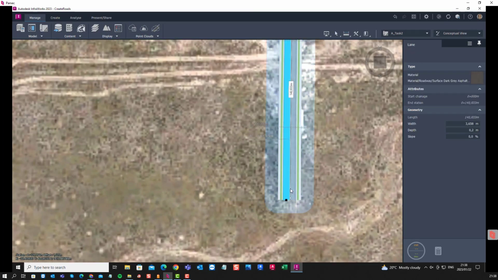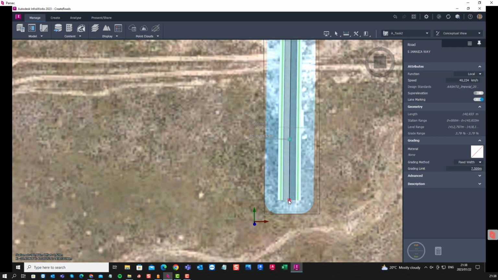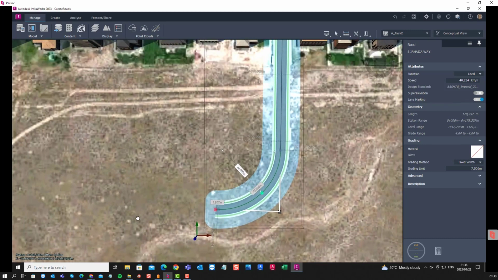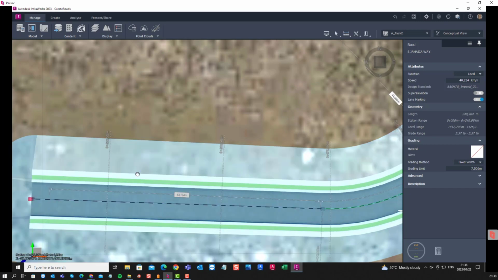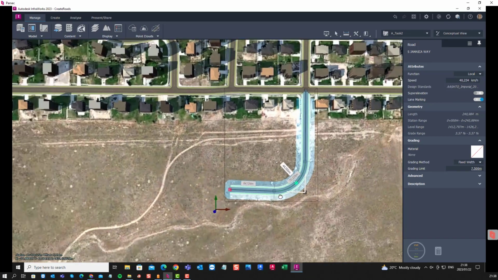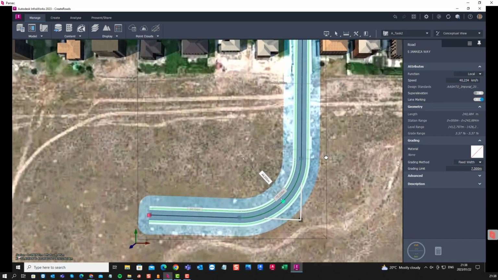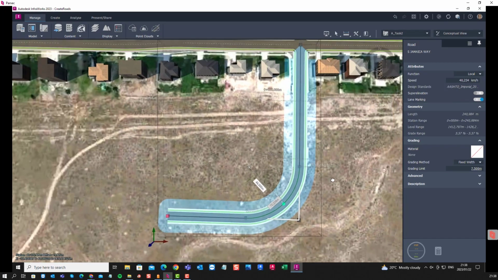If you now take the end control, you can start bending, and there you can see it's using that 44-meter radius to start curving that road. It gives you another item over there, and if you press shift, then you can extend it along that line. So these are the types of controls that you will use when you sketch anything